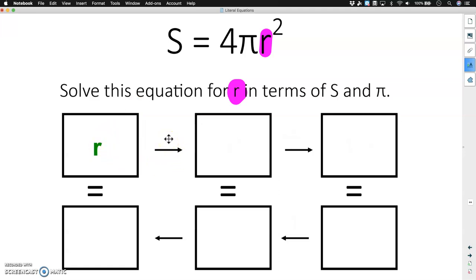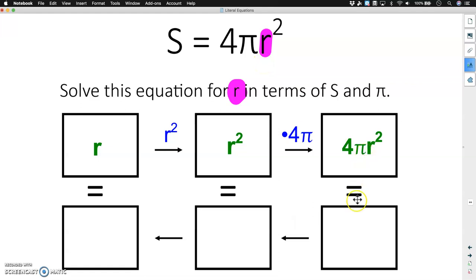Well, first, r was squared. So r squared is what we have here. Next, we multiplied r by 4 pi. So we have 4 pi r squared. We know we can stop making boxes when this looks like the equation here. So we know we're done